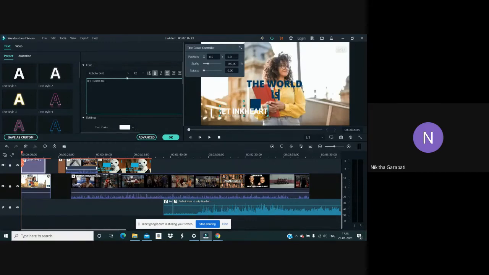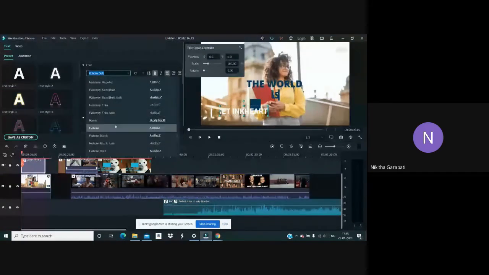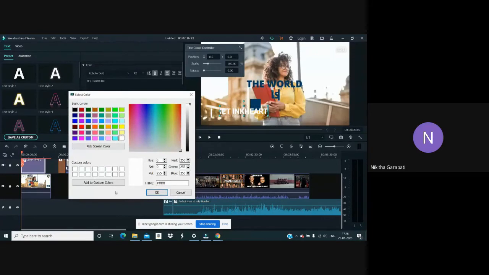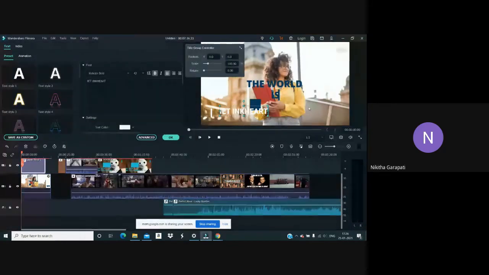So here are the options for the font. You can choose the font style or type that you want. You have the font size options, and similarly to Word and PowerPoint, you have bold, italics, or the style of paragraph that you want. And here is for vertical type letters. And here this is for the text color. You can choose any color, or you even have advanced colors if you know a color code or something. Then you can enter that and find out that color and use it accordingly.